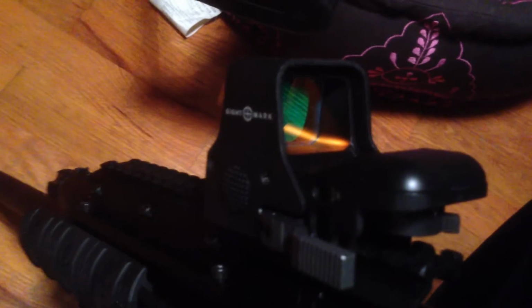So back to the Sega. If you want to go up a little bit more and get a holographic sight, a red dot sight, Sightmark is a phenomenal company. I really like their products. I think for the money that they charge, they provide an absolutely incredible product. They're pretty rugged. They're not the most rugged, but for the money, they are extremely rugged. This particular unit,